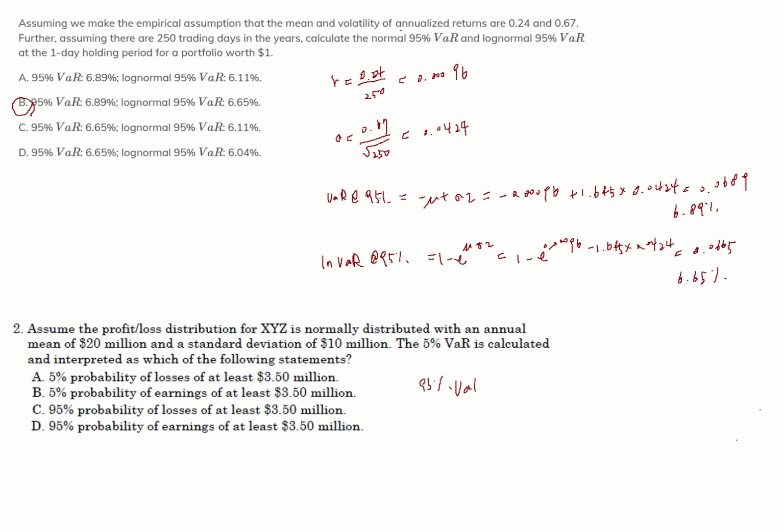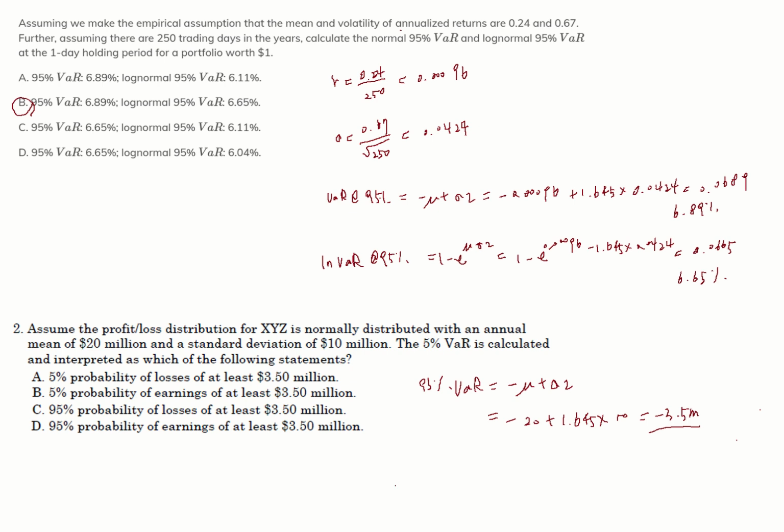95% VaR is minus mu plus sigma z, so minus mu 20 million plus 1.645 multiplied by standard deviation 10 equals minus $3.5 million. VaR represents loss, and negative VaR implies that it has a high probability of making profit. So the interpretation of this question